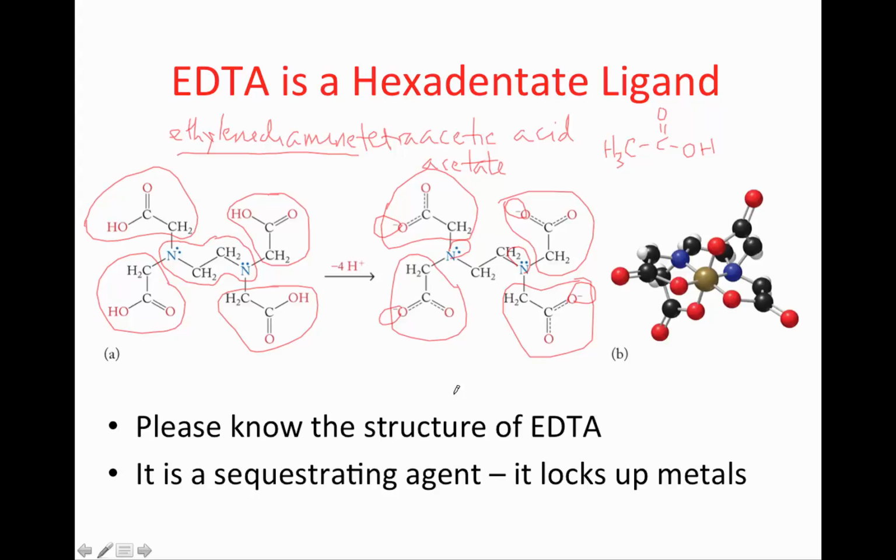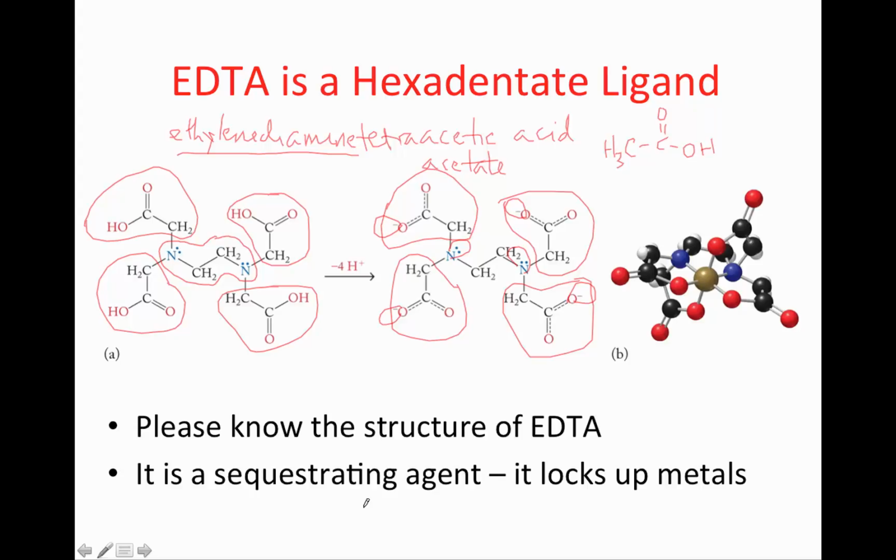This is actually a remarkable molecule. It turns out that it's put into different foods in small quantities. It's called a sequestering agent. The oxidation of foods is often driven by metal ions. Many metal ions can act as catalysts. So if I have a metal present and I have oxygen and a hydrocarbon, like maybe oil in a salad dressing, the presence of trace amounts of metal, and there are always going to be trace amounts of metal in just about everything,